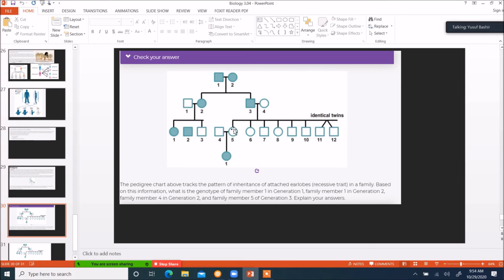So number 5 is a carrier, probably heterozygous, capital R, lowercase r. Why? Because it appears in their child. When 4 and 5 have a child, it appears. So probably hidden within 5 there's a recessive allele, and hidden within 4 there's also a recessive allele. You see that? All right. So we'll stop there for the